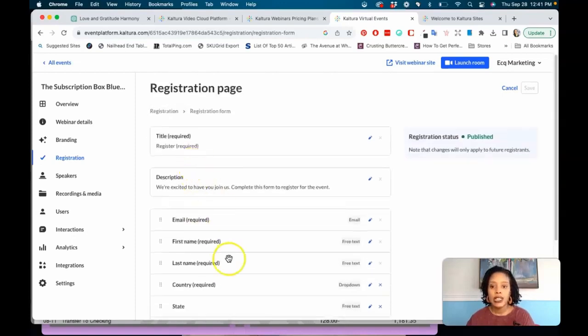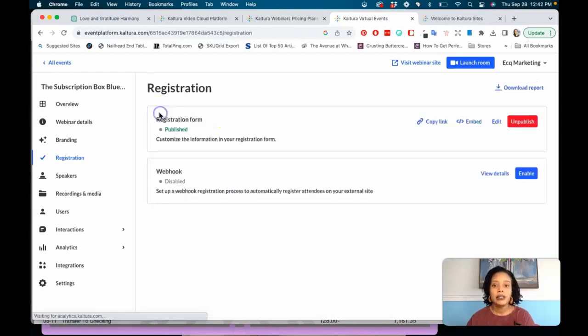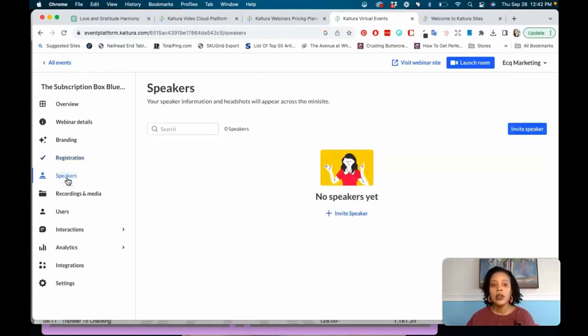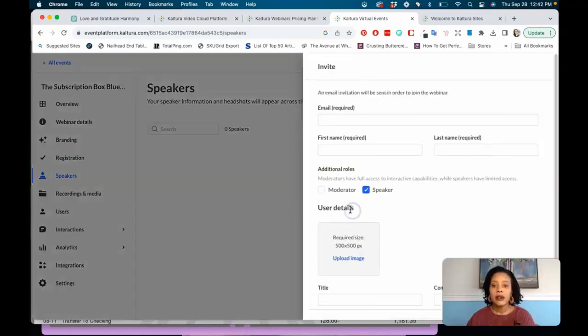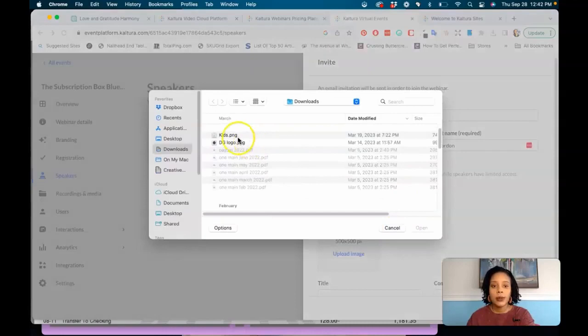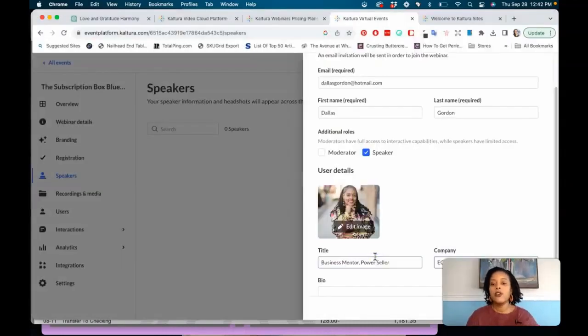You can do all of that in here, and I'm not going to change any of that, guys. Okay, and then here's where you can copy the link to your registration page, and we'll look at that in just a second too. So then this is your speaker section. Of course, you can just add your speakers. I'm just going to add myself. I'll just put an email address in here, and I'll put my image in here just so that it looks nice for the demonstration of our webinar, and my title, and of course the bio.